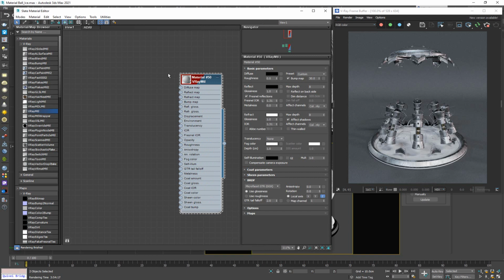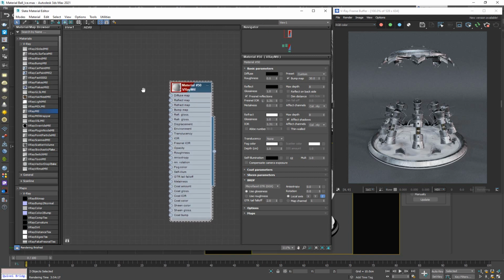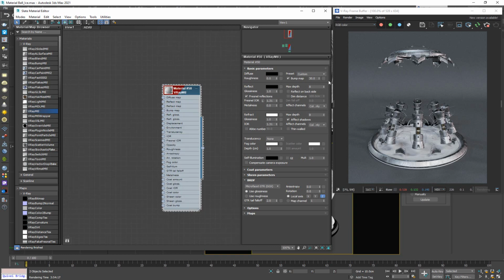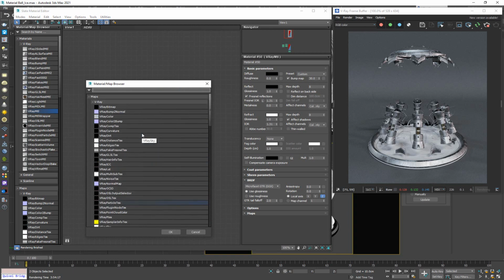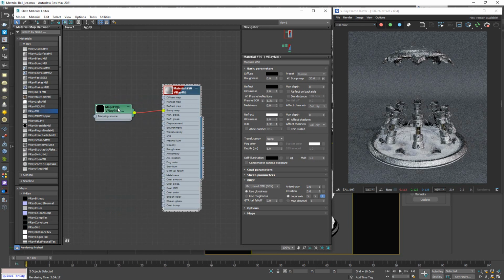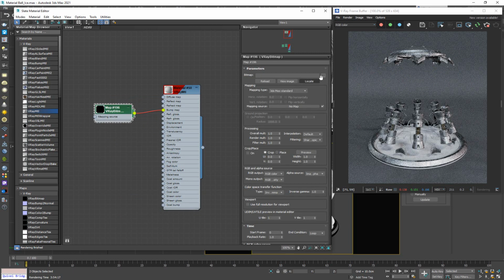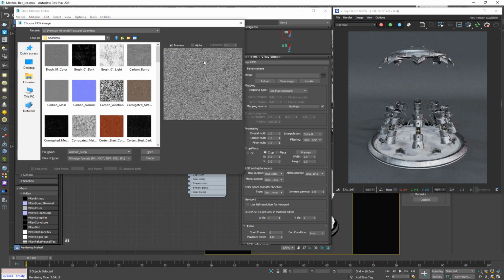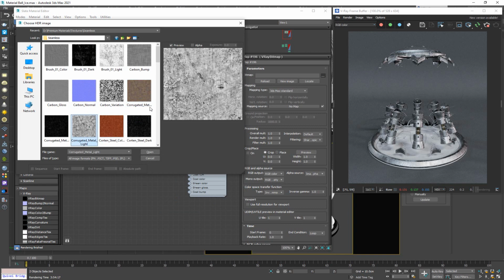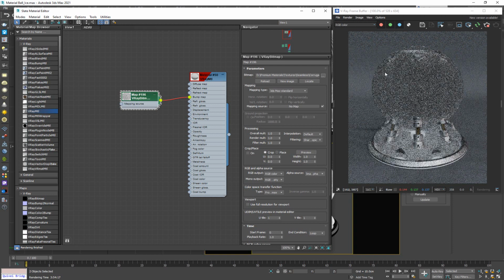So let's go ahead and first of all add in a bump map just to help us with the surface of this model. What I'm going to do is use a Vray bitmap. Go ahead and locate the map. I'm going to choose one of the maps that we have in our textures seamless folder. I'm going to take this one, corrugated metal light, click on open,